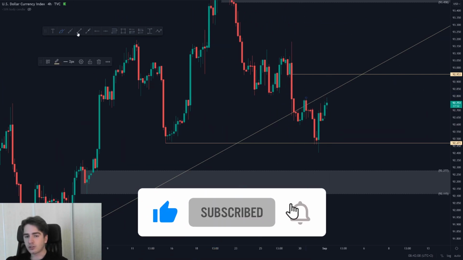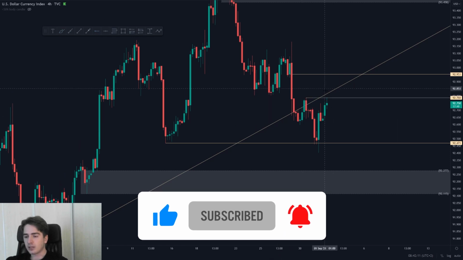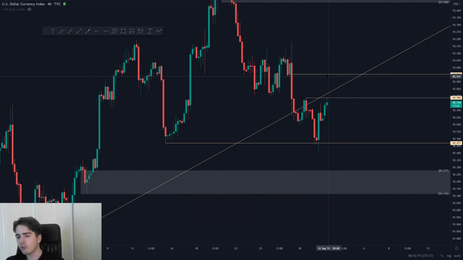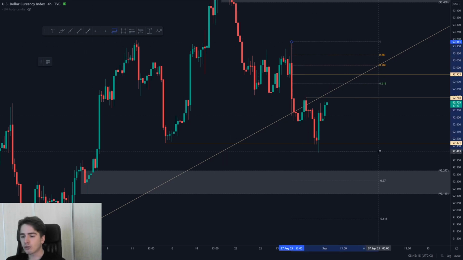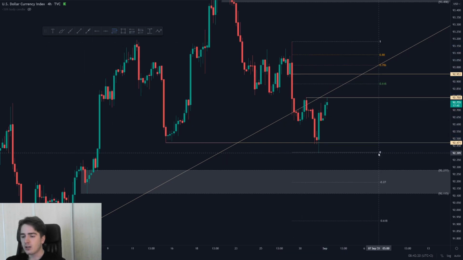For now, just rejecting this swing high over here. Let's see how this 4 hour closes. I would preferably still see it hit this higher level, of course, because if we were just to draw on this simple Fibonacci, what you'll then see is that the 618 is above this line, and preferably you always want to get a sell from above the 618 and a buy from below the 618. So it's just best to wait in these kind of situations.